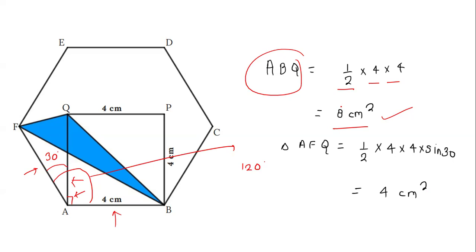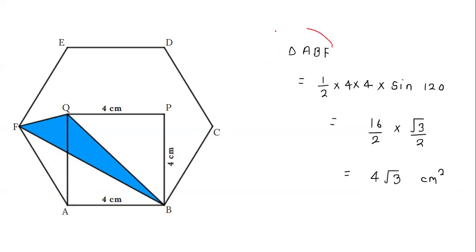So now we know this angle is 30 degrees, and we know this is the side of the hexagon, and we know this AB is 4 centimeter, and in a regular hexagon all sides are equal. So this is also 4 centimeter, and this is also 4 centimeter. So the area of the triangle is simply half times 4 times 4, and the angle between the sides is 30 degrees. So sine 30 will come here. The sine 30 value is half. So the final thing will come as 4 centimeter square. So you put all the values and then simplify.